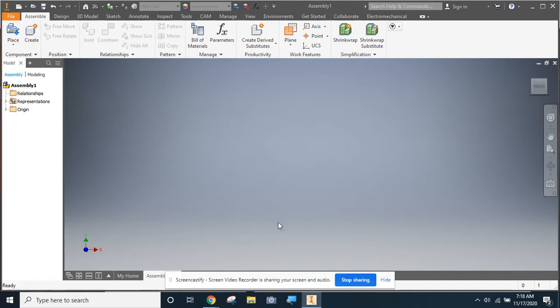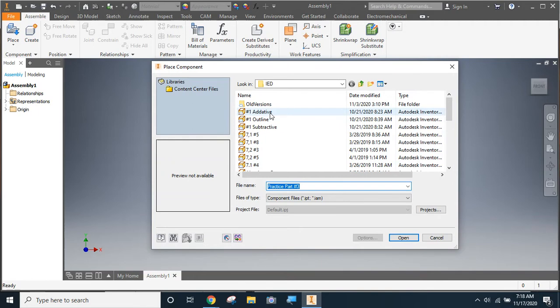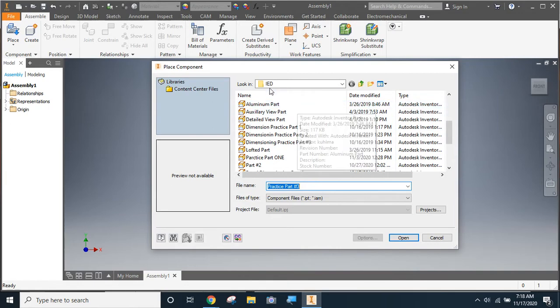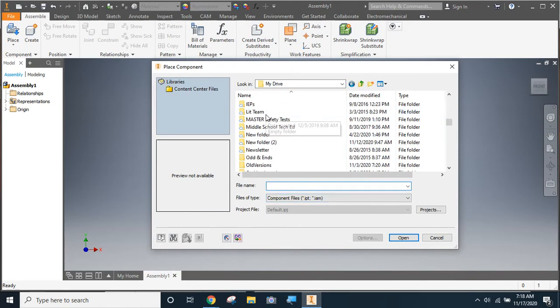So now that we're into our assembly file, I need to come to the upper left-hand corner here, and I'm going to click the Place Components button. And this is where I can put in the parts that I want to assemble. So remember yesterday in my Woods folder, not my IED, better get in the right class here. In my Woods folder, I took and I saved